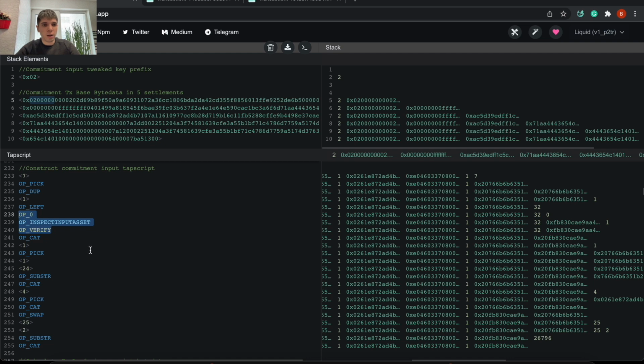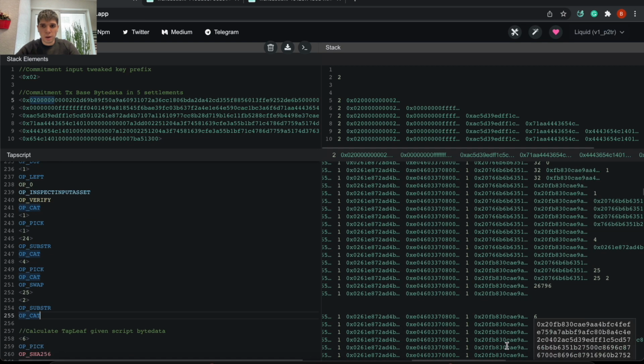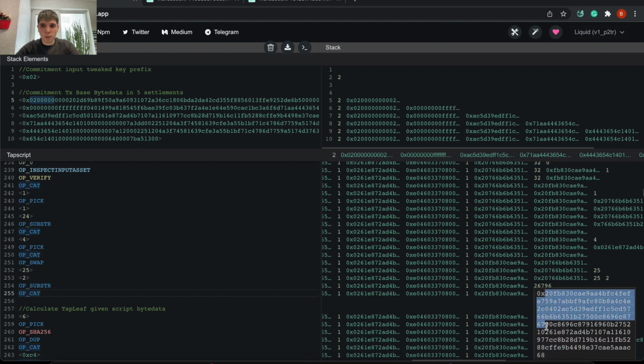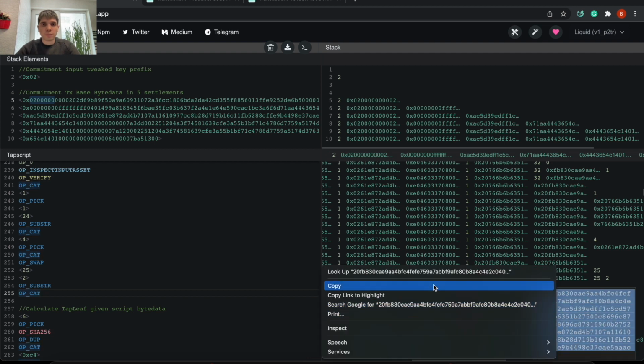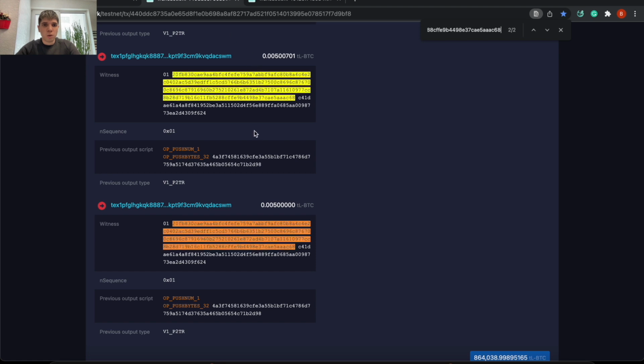And we do some manipulation based on this TypeScript mask, and the end result is our TypeScript bytes. And as you can see, if I copy this, it matches 101, our commitment